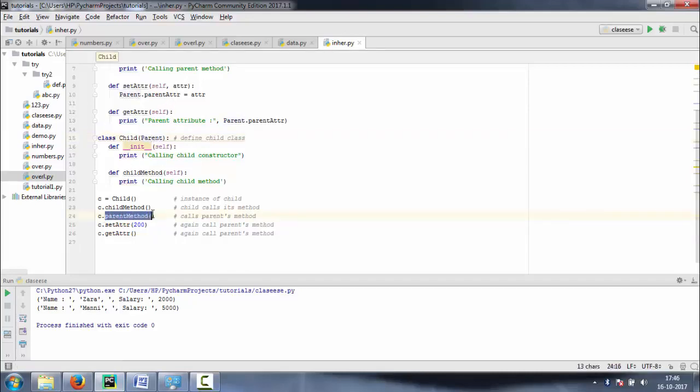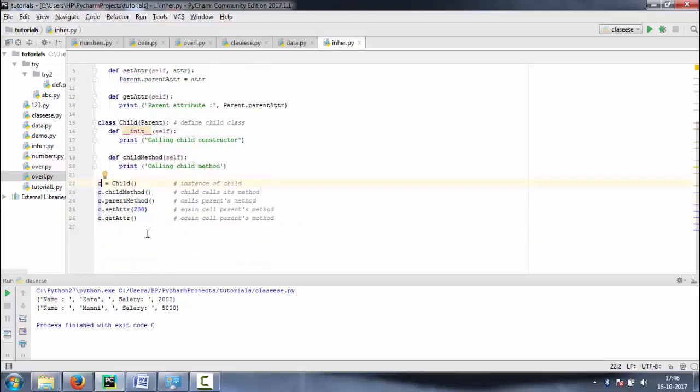After that it sets the attribute by the subclass object and gets the attribute. That means the subclass object can access all the methods and attributes of the parent class.